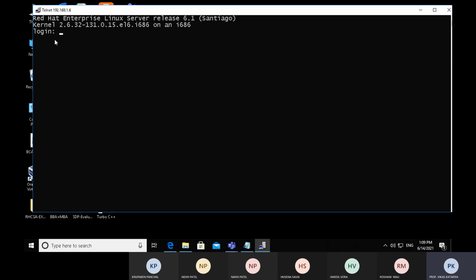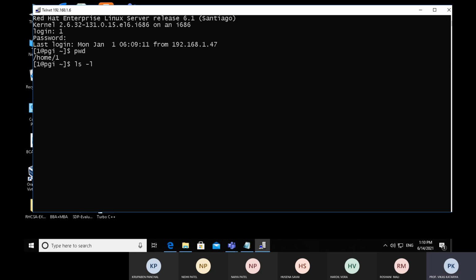Yes, we have connected. Give here credentials, your login ID and password. The cursor is now blinking. That means we are connected. User account 1 and tilde, that means we are on the current working directory. So let's check the path first. PWD, we are on root followed by home followed by 1.